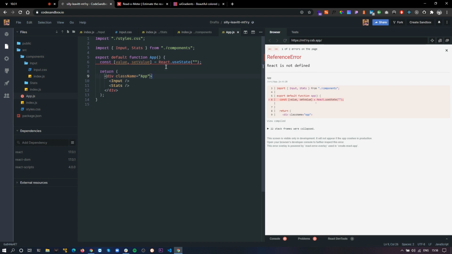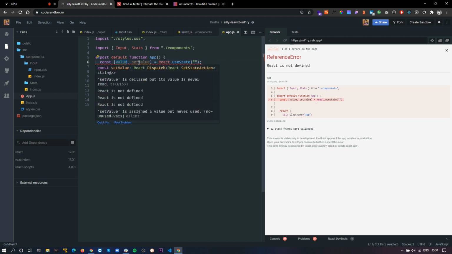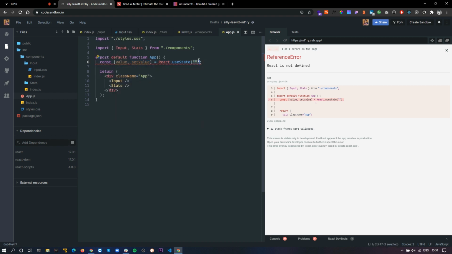Just a brief overview of this hook: you pass the initial value right here that gets stored into this value, and if at any time you want to change this value, you use this function. By default, it returns an array, and right now we are destructuring the array. The first value will point to the actual value, and the second value is a function that you can use to update this value, and this is an initial or default value. Okay, right now it's giving me an error, so let me import React here.